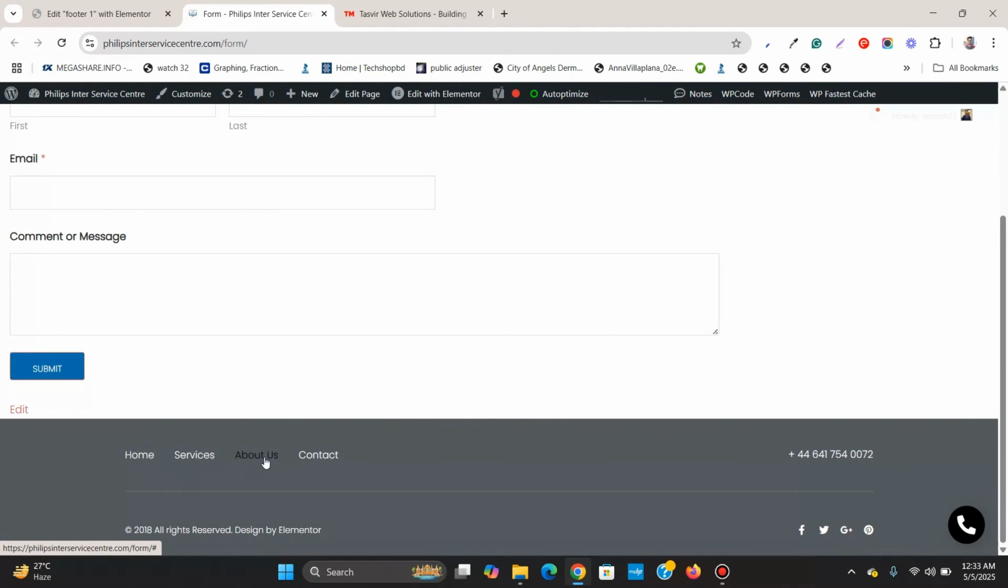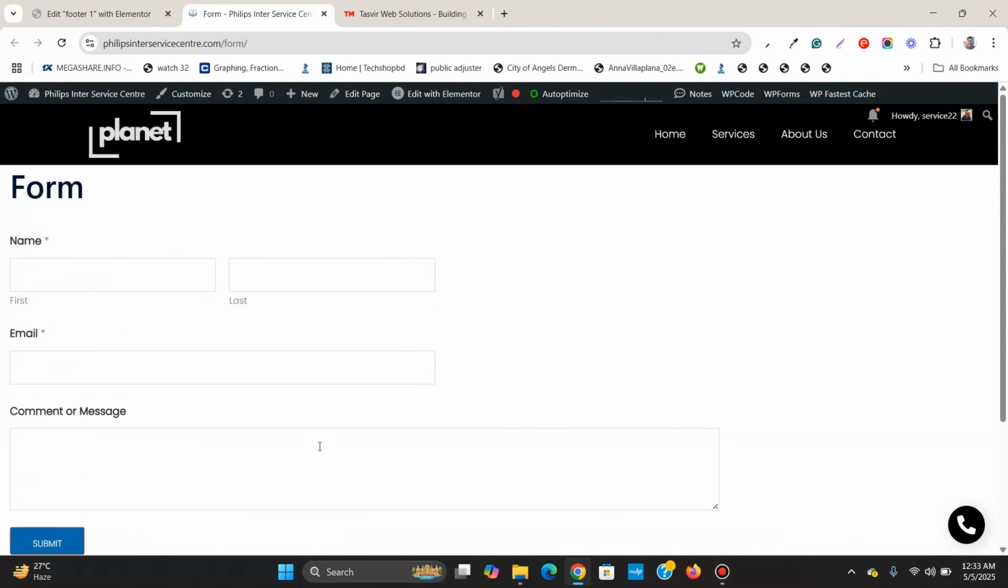So you see this is how easily you can make a custom header and footer using Elementor and Elementor Pro